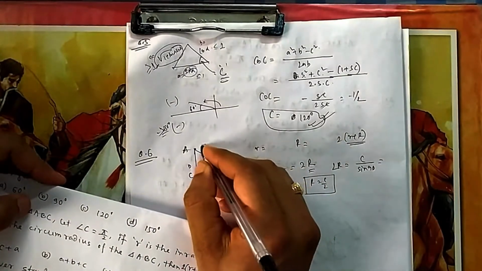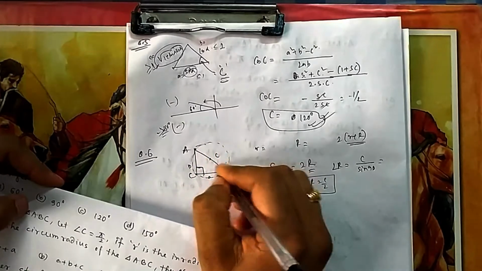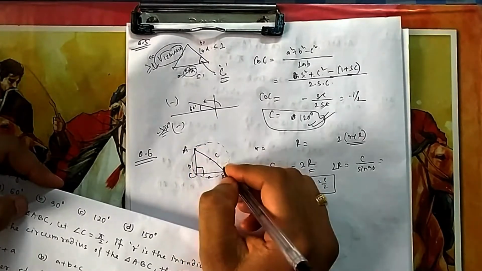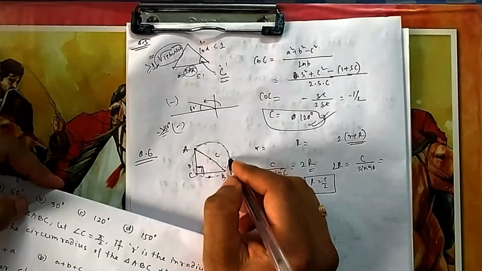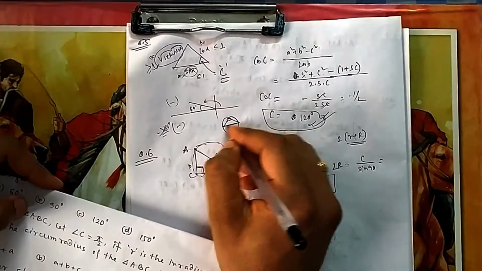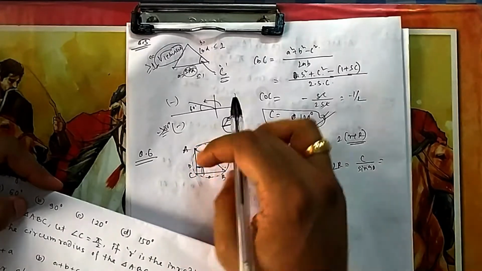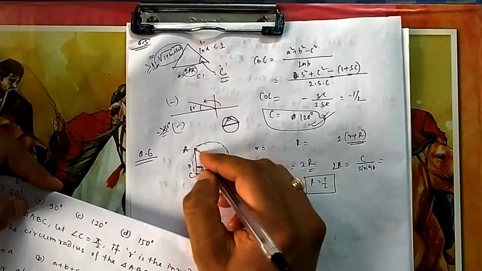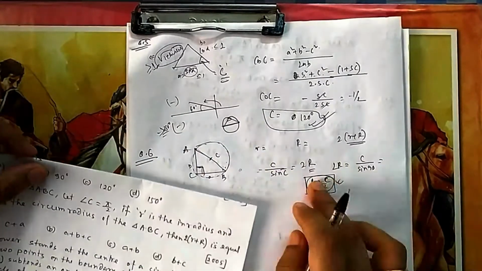And this one you should also remember: for a right angle triangle it is a very special case. What is the circumcircle? A circle which touches all the vertices. Because the angle is 90 degrees, it should be a half circle, that means the hypotenuse should be the diameter, because the angle in a half circle is 90 degrees only. So the center is the midpoint of the diameter, and the radius will be half of this, so it will always be c by 2 in case of a right angle triangle. Always remember it; no need to solve this way.